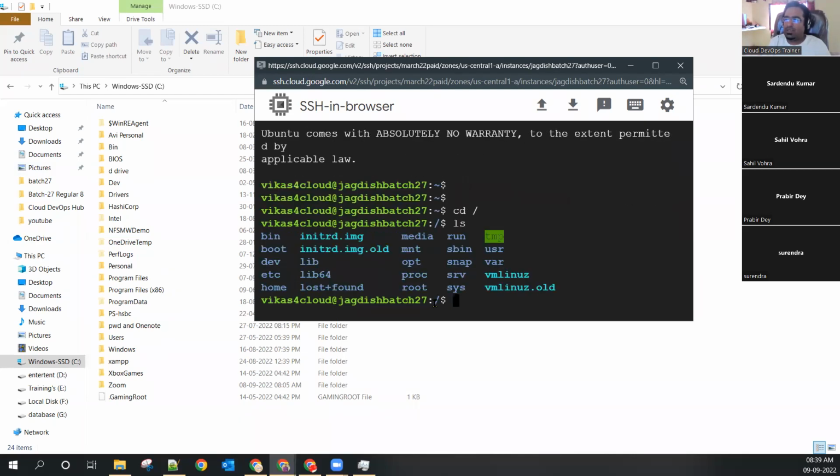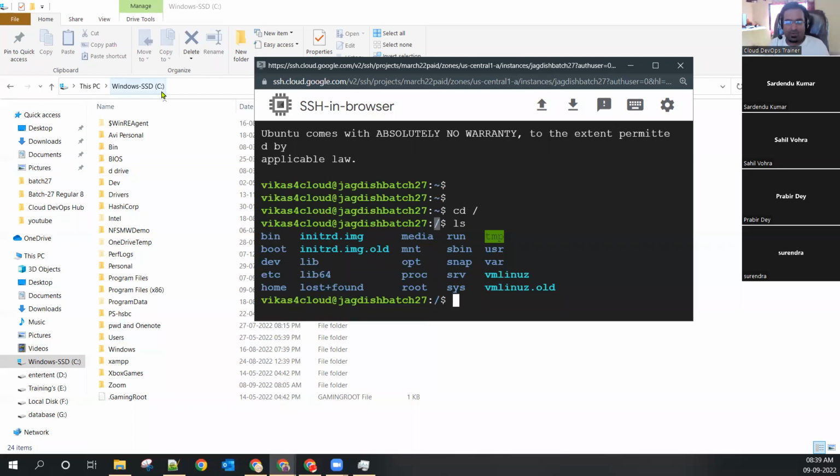Yes, the bin folder is here. The dev folder is here. etc is here; it is not a home folder, it is a system folder. The tmp folder and the usr folder are here as well. Most of the similar structure is available in Windows and Linux. It is available in the root directory, and in Windows in the C drive. Agree?